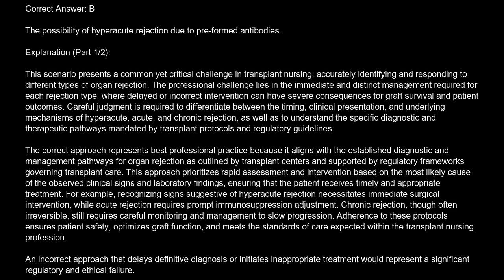This approach prioritizes rapid assessment and intervention based on the most likely cause of the observed clinical signs and laboratory findings, ensuring that the patient receives timely and appropriate treatment. For example, recognizing signs suggestive of hyperacute rejection necessitates immediate surgical intervention, while acute rejection requires prompt immunosuppression adjustment. Chronic rejection, though often irreversible, still requires careful monitoring and management to slow progression. Adherence to these protocols ensures patient safety, optimizes graft function, and meets the standards of care expected within the transplant